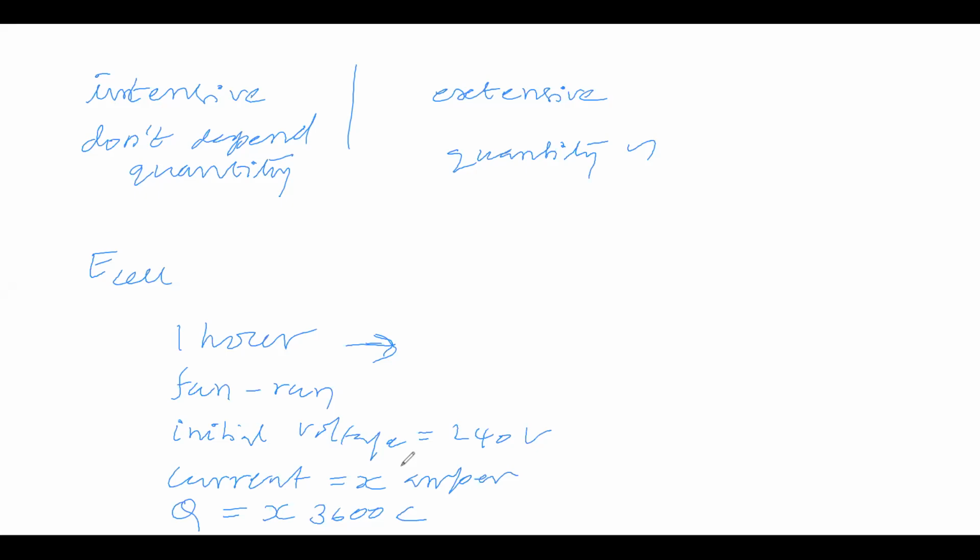So, shall we say voltage does not vary with time? Shall we say voltage does not depend on the time for which we have utilized the current? It is not depending, that we will say, or what? Shall we say that potential difference depends on the time for which we are utilizing the current? In what way do you feel? Sir, okay. You have not understood, so you are not saying the answer.